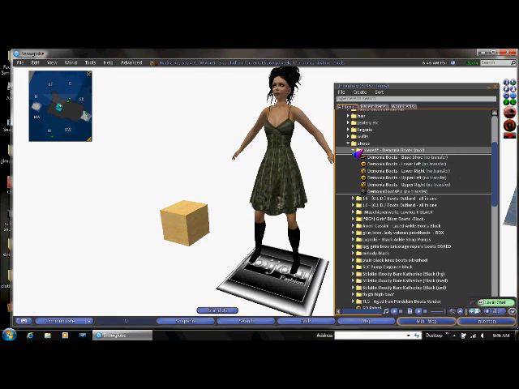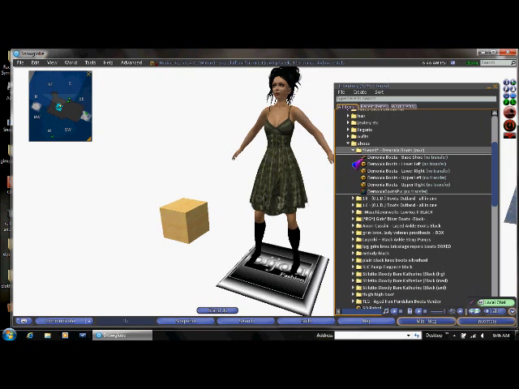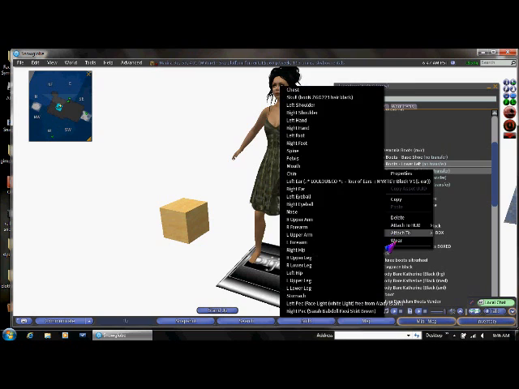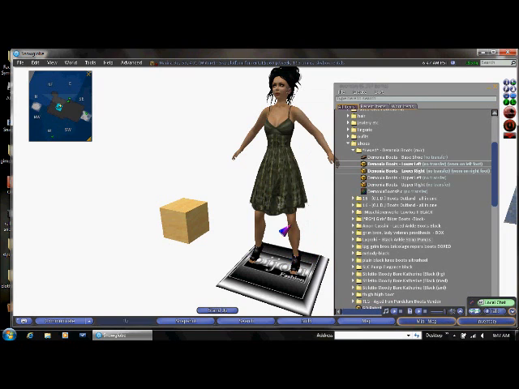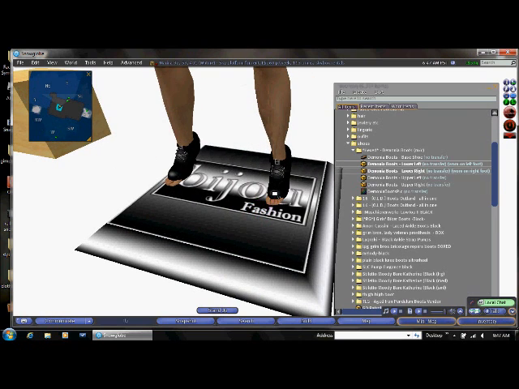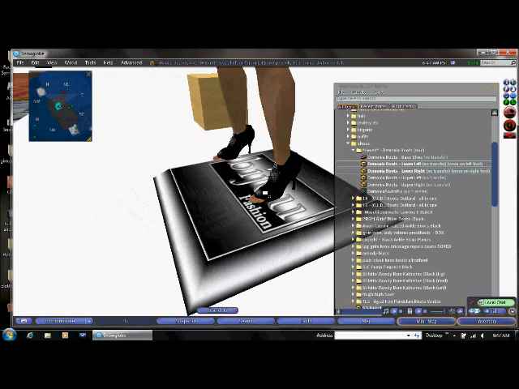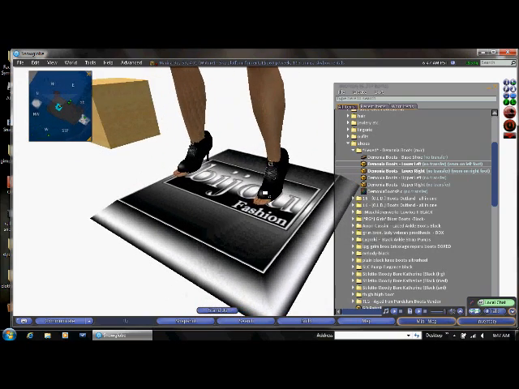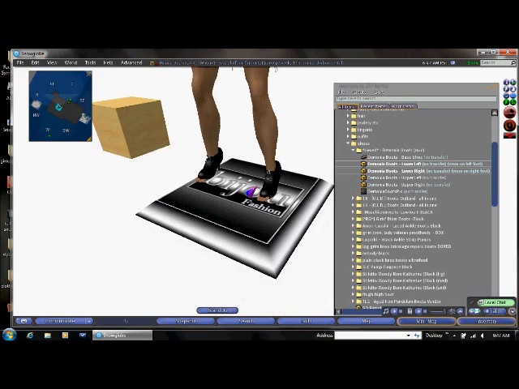Now this, because it's a folder, you can take off all the items even though it's a shoe separate. It doesn't matter why. So what I would do in the beginning was I was just clicking on the lower prims, because I only wanted to wear the lower boot. I didn't want to wear the upper part of the boot and have it mess up my jeans. And what happens is your little toes stick out of the boot. The reason your toes stick out of the boot or the shoes is because